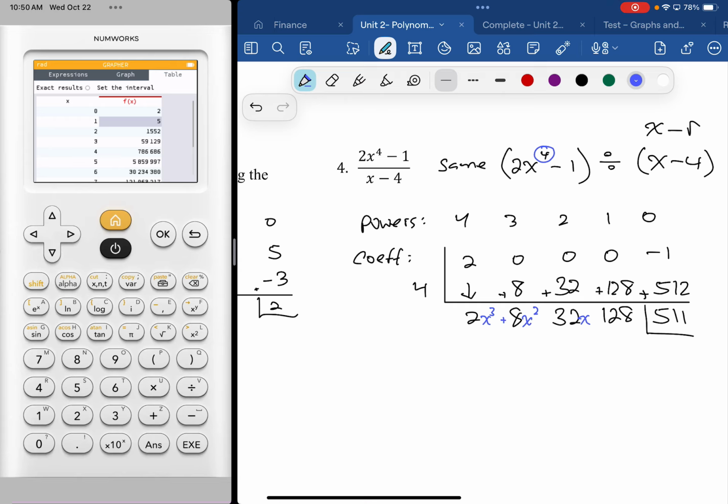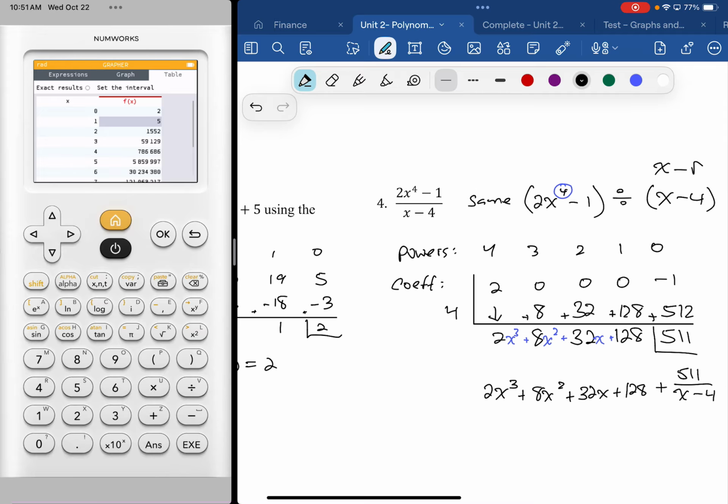All right, pop in some plus signs. And I'll have my quotient, which is 2x to the 3rd plus 8x to the 2nd plus 32x plus 128 plus whatever my remainder is divided by my divisor of x minus 4. And that would be my quotient. Right? We'll get into the proper notation because we're just learning the skill right now, but we'll get into what kind of function is this, polynomial function, rational function, what's the domain, what's the range, and all that stuff. We'll cross that bridge in due time, but for now, this is